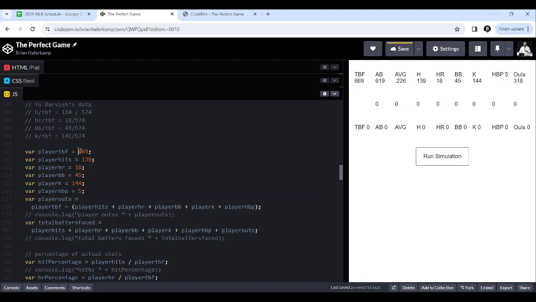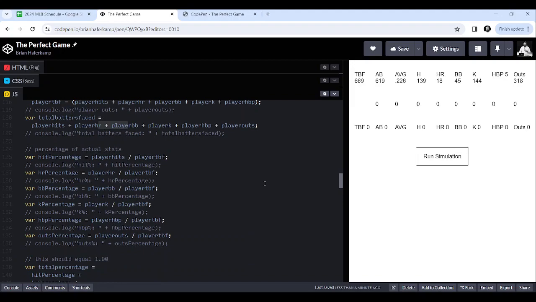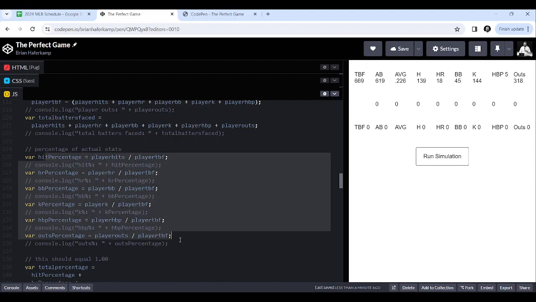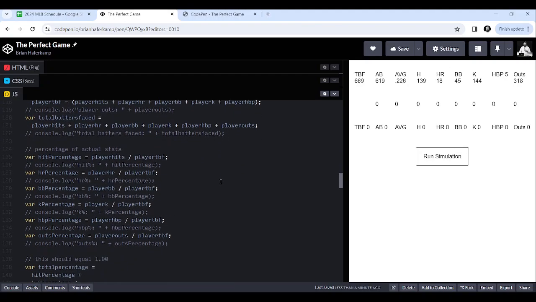So I need to come out with 669 here, just to make sure that everything is working right. And if I come out with 669, I know that I've put everything right together. And then I need to find what percentage of his actual stats are, what is his hit percentage. So when you say he's given up 139 hits in 669 at bats, I need to run that calculation and